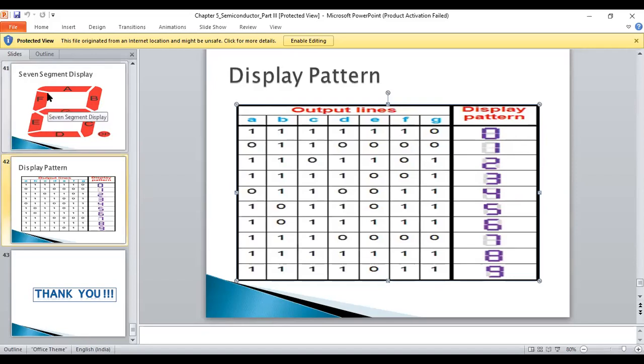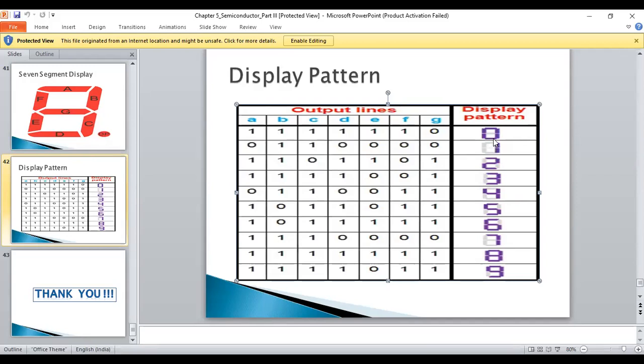For the 2, like this, we have to go here now. So A, B, G, E, D. A को पॉजिटिव करने का 1, B को 1 करो. नेक्स्ट C नहीं चाहिए हमको, बट D चाहिए, इधर G चाहिए. G 1 है क्या? देखो G is 1. उसके बाद E चाहिए, E is 1. उसके बाद D चाहिए, D is 1 here.